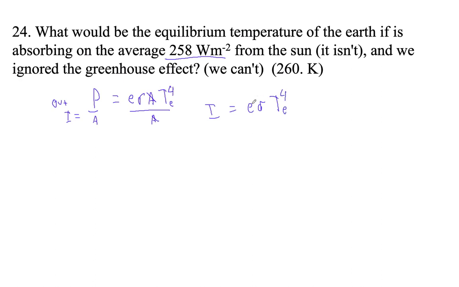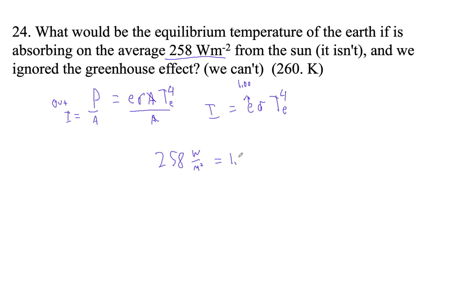And it even gets better than this, right? We haven't been given an emissivity to use for the Earth, so we're going to pretend that it's a black body, right? Which is what IB seems to do, right? Whether that's correct or not, I just don't know. Okay, so now we're all set. We can just set this up, right? We've got 258 watts per square meter